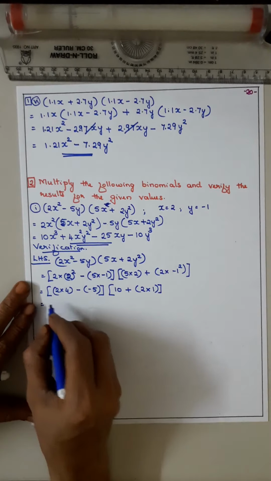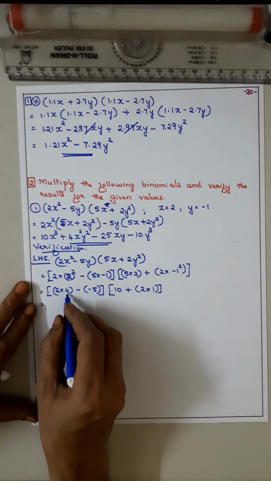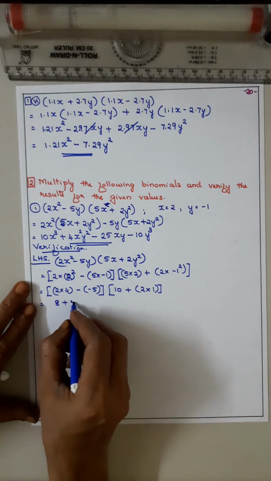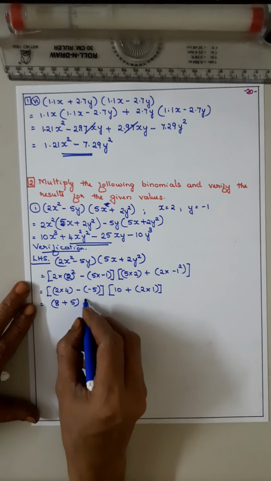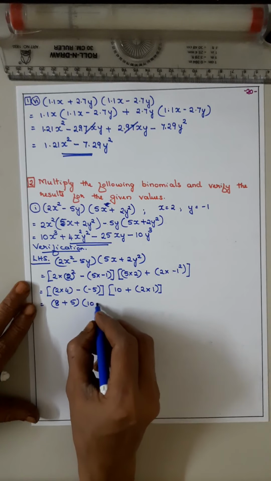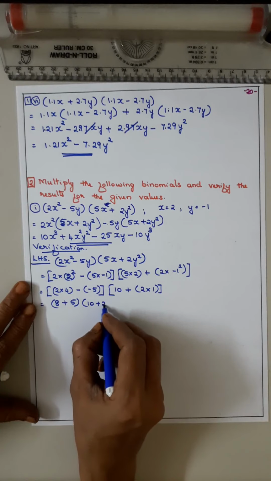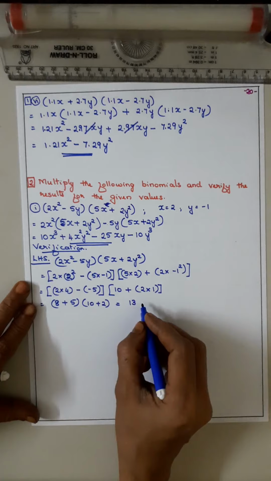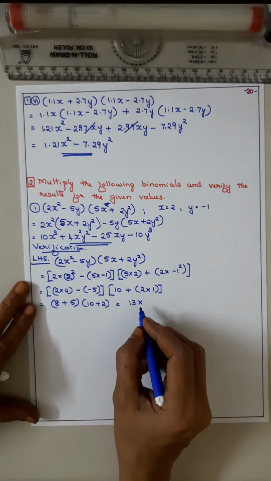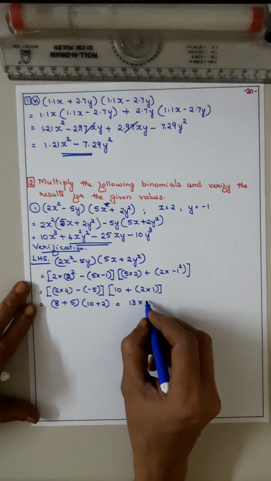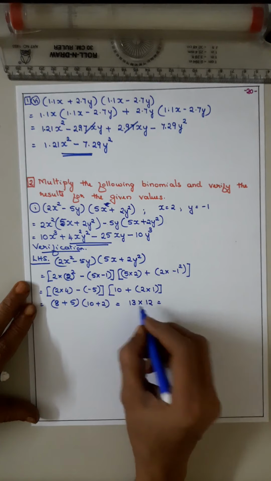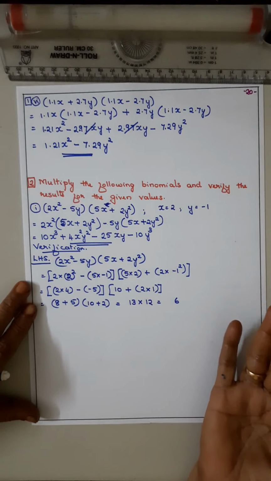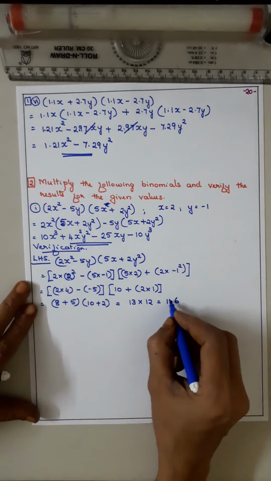So now it will be 2 4s are 8, minus minus becomes plus 5, and now 10 plus it is 2. Now 8 plus 5 is 13 into, now 10 plus 2 is 12. 12 3s are 36, 3 in hand, 12 1s are 12, 13, 14, 15. So you got